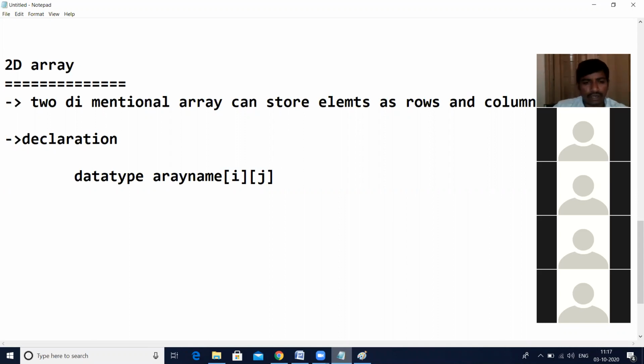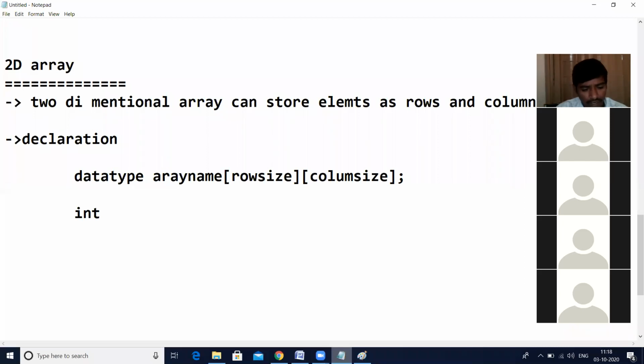Rows are denoted by I, columns are denoted by J. In this way we can declare the two-dimensional array. For example, here we write row size, then this is a column size.